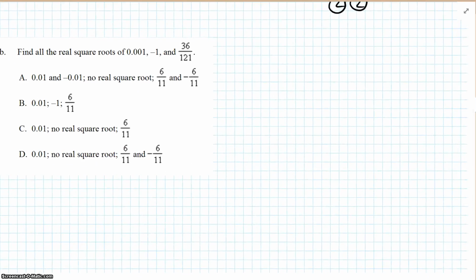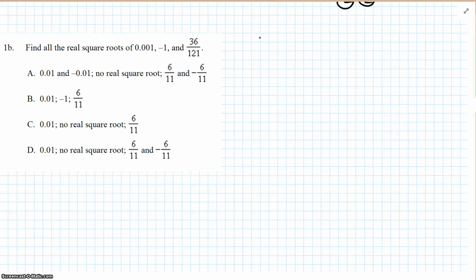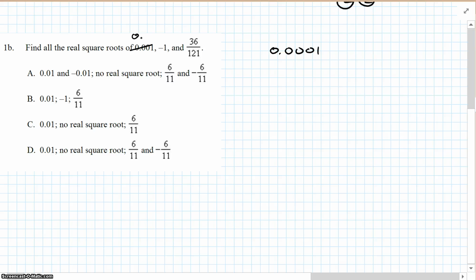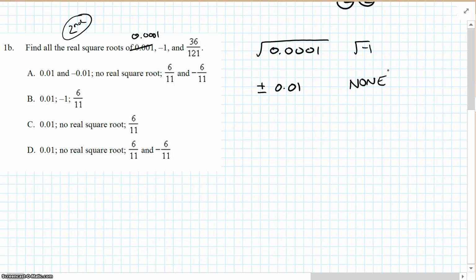Find all the square roots of 0.001. Actually, we'll do one more, 0.1. It would be 0.01 plus or minus, because remember, the index is even, so the square root of that is plus or minus 0.1. The square root of negative 1 does not exist, so none. Alright,